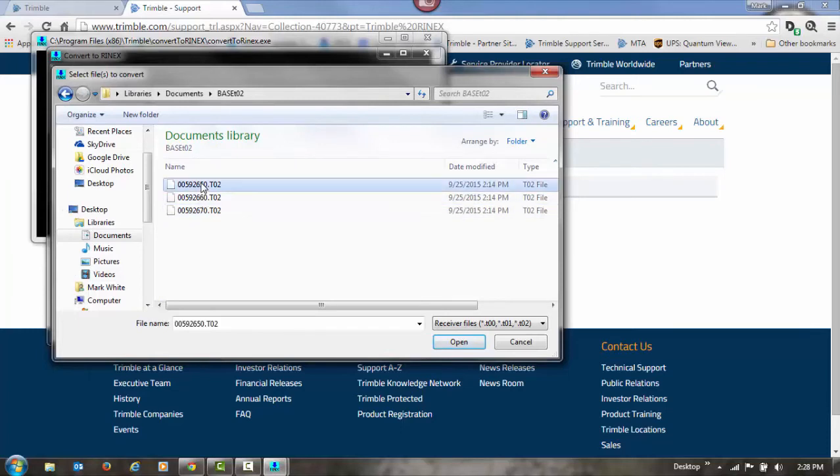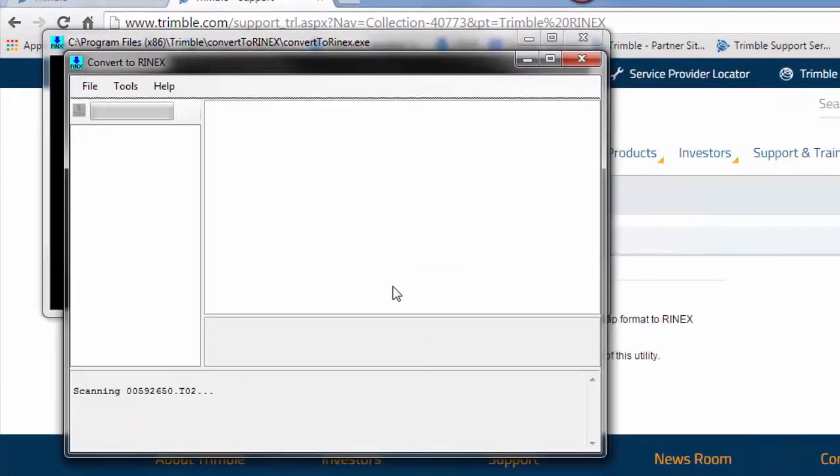Open it up, and I can select all of them holding down the Shift key and hit open, and you can batch process these and not have to do them one at a time. So it's scanning the files as it brings them in. Once it says complete, then it scans through it, and once all three of them say complete,